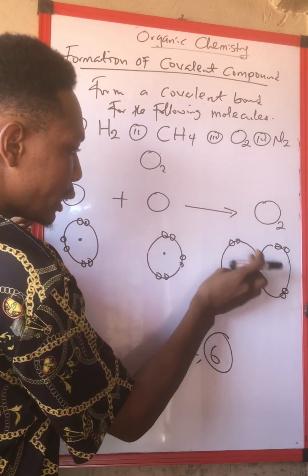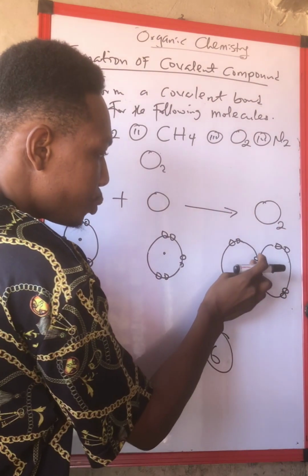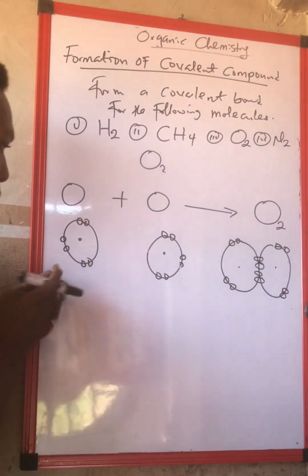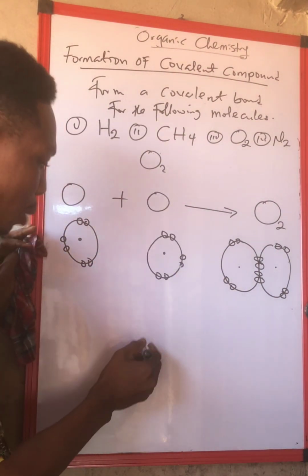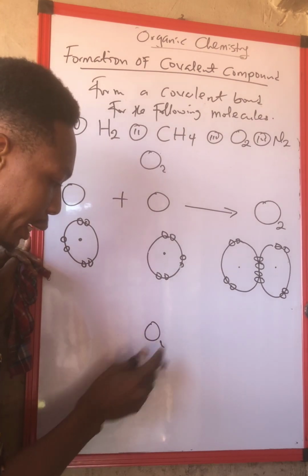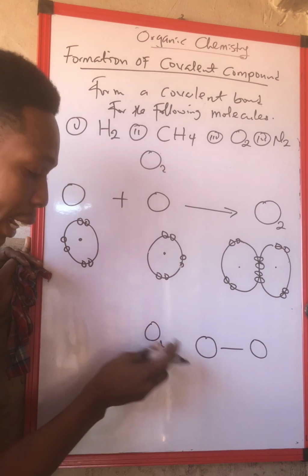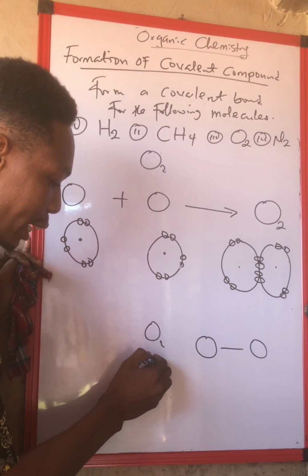This one is 2, 4, 6, 8. This one is balanced. 2, 4, 6, 8. This one is also balanced. So at the end of the day, whenever you are drawing the Lewis structure for O2, it's oxygen bonding with oxygen. Don't forget the outermost shell is 6, times 2 will give us